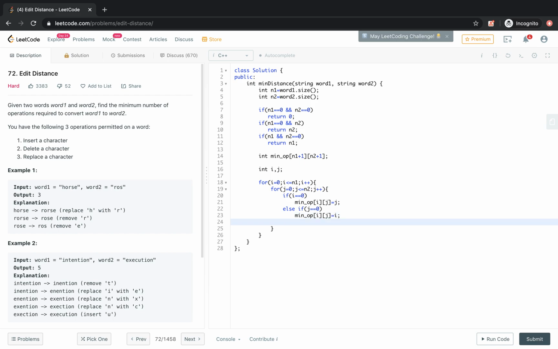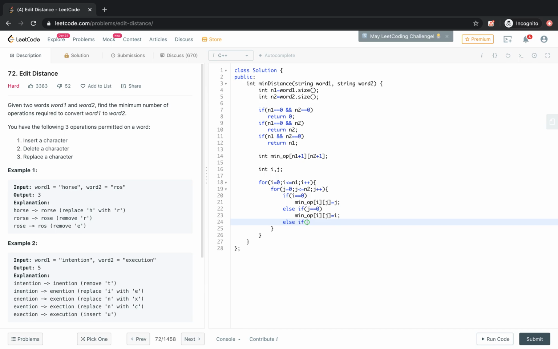Now if the current characters of both words are the same, then we update the table.